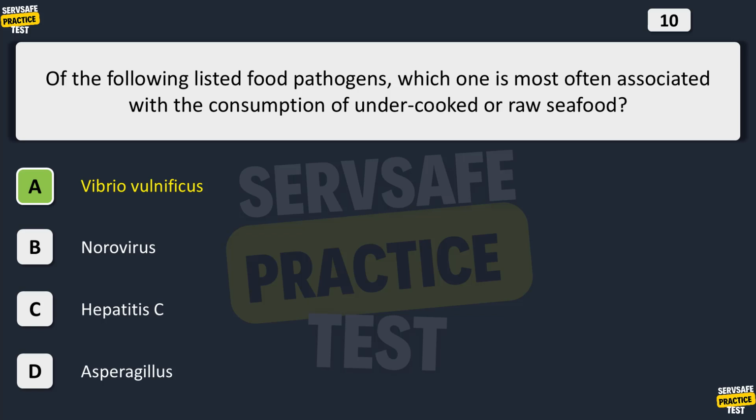The correct answer is A. Vibrio vulnificus. Vibrio vulnificus is the pathogen most commonly associated with foodborne illness when compared to the above list. Symptoms include diarrhea, stomach pain, and vomiting lasting 2 to 8 days. May result in a blood infection or death to those with a weak immune system.